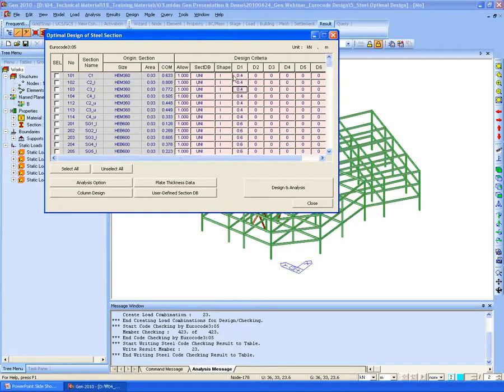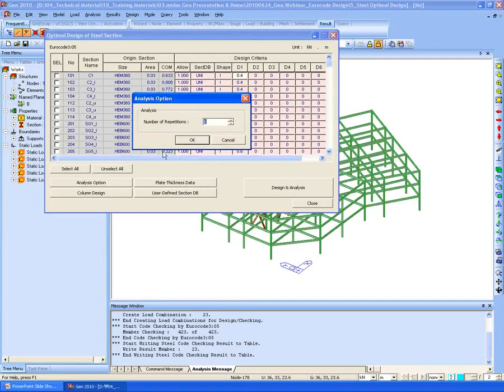For the shape I section, D1 represents the height of the section. So the program will find the recommended section, I mean the optimized section, based on this value. Starting from this height of the I section, plus minus 0% of this height will be checked in the Eurocode UNI section database. And also the number of iterations needs to be defined.